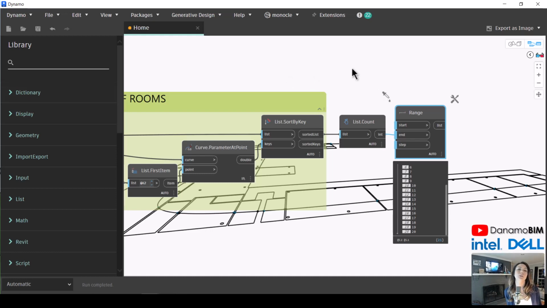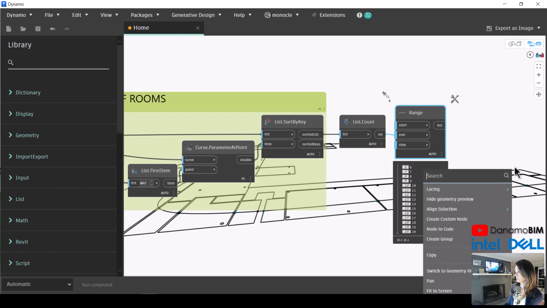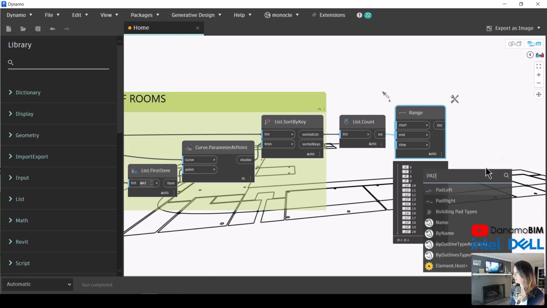Now essentially we need to pad this a little bit. We add a prefix, add a suffix, whatever it is that you need to do. In this case, I want to go ahead and number my rooms with a prefix and then a 3-digit number, right? So I'm going to go ahead and pad this number. So Pad Left,